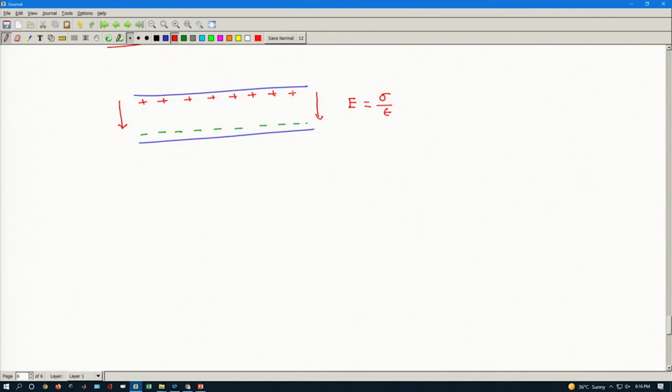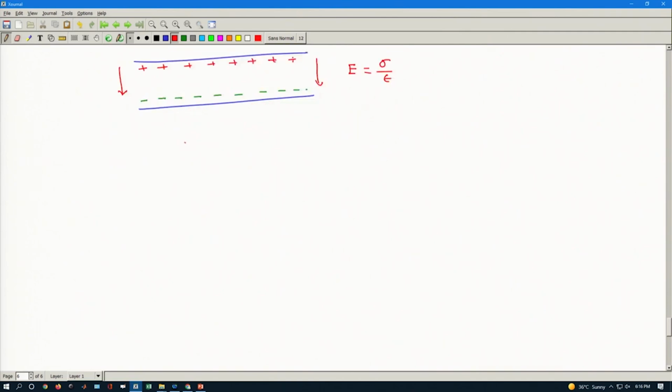And then we calculated the capacitance C, which by definition is Q divided by V, and we find that this value is essentially epsilon multiplied by A divided by D,